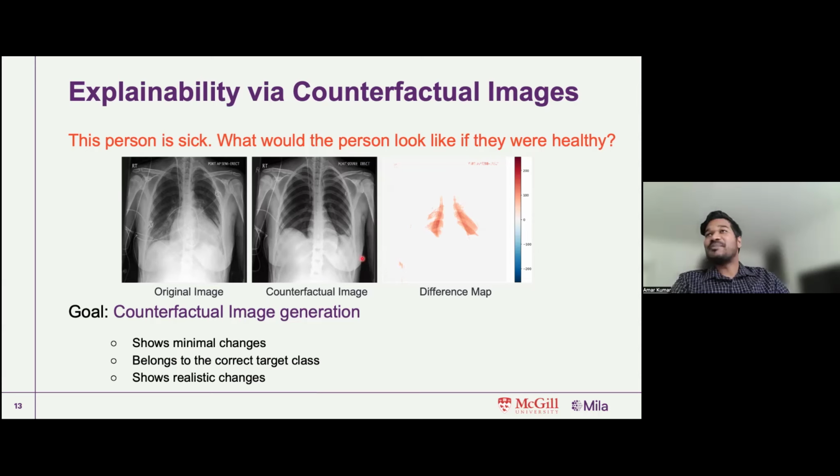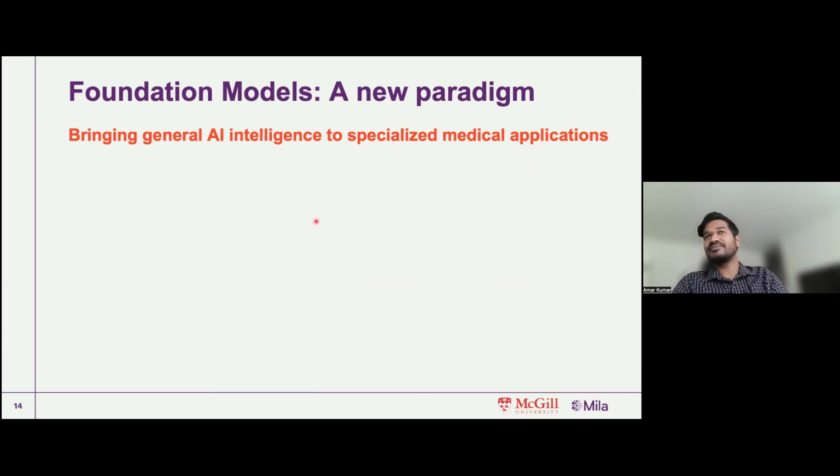And the difference map is an explainability map, which clearly highlights the region instead of showing a big blob. So imagine if a Grad-CAM was done on top of this, you'd get a big blob in the center, but not know exactly what changes were needed. So that's the advantage of having counterfactual explanations over any traditional methods that are available out there.